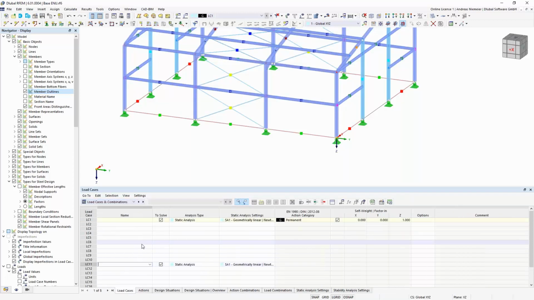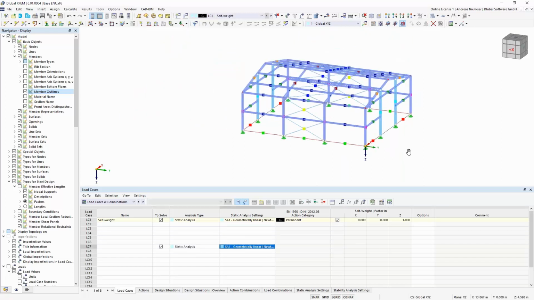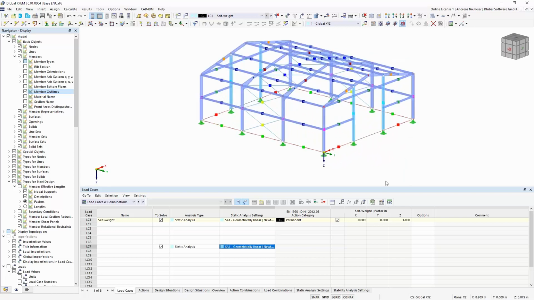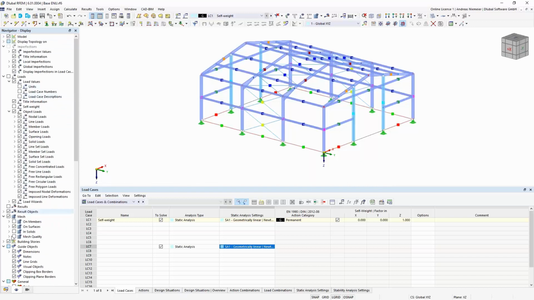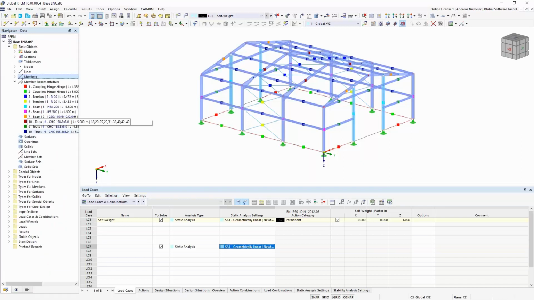And you see the program automatically defined here a load case, self weight, but it considers only the weight of the members itself, no additional weight. Maybe you have some trapezoid sheet or some covering, whatever, which has a weight and you want to consider it. And if you want to consider such a surface weight on members, we offer more solutions.